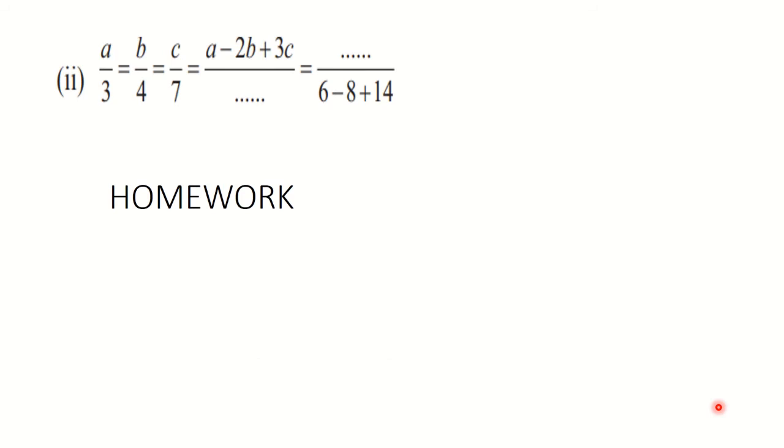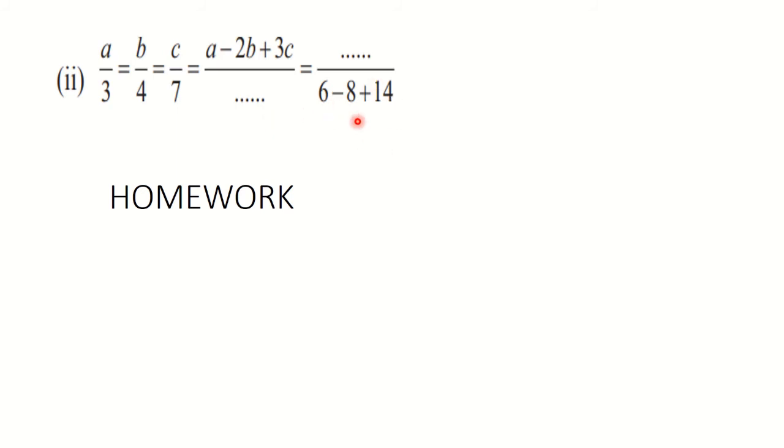Let us go further now towards the next question. I told you that you can solve it by yourself by using the similar method. You have to multiply and divide by a constant number. Like here only a is present, so no need of multiplying here. Here minus 2b is present, so multiply both places by minus 2. And here 3c is present, so multiply both places by 3. And then use the theorem on equal ratios.